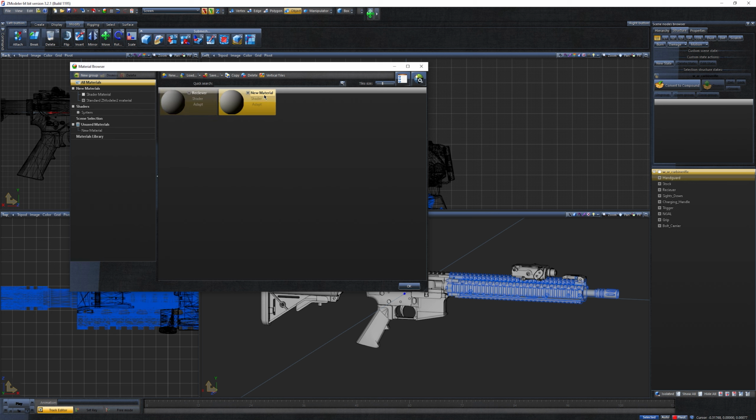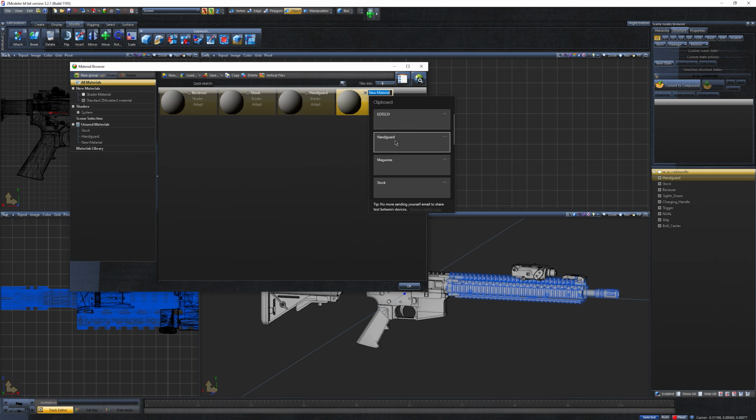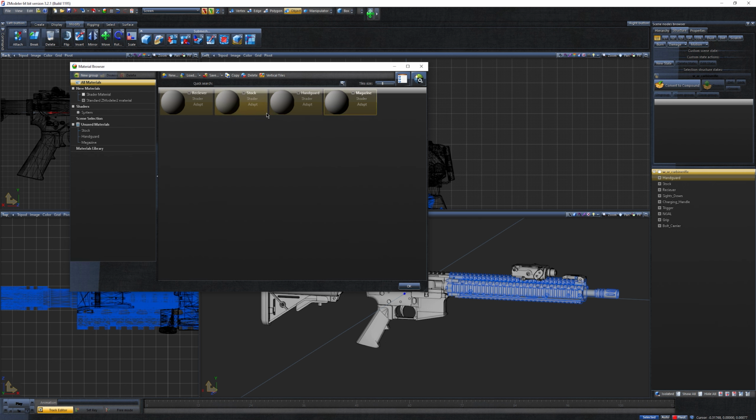Click on New to create a new default material, then name it however you'd like. Once you're done naming your materials, click on the globe icon at the top of the screen, then navigate to GTA 5, Weapons, and